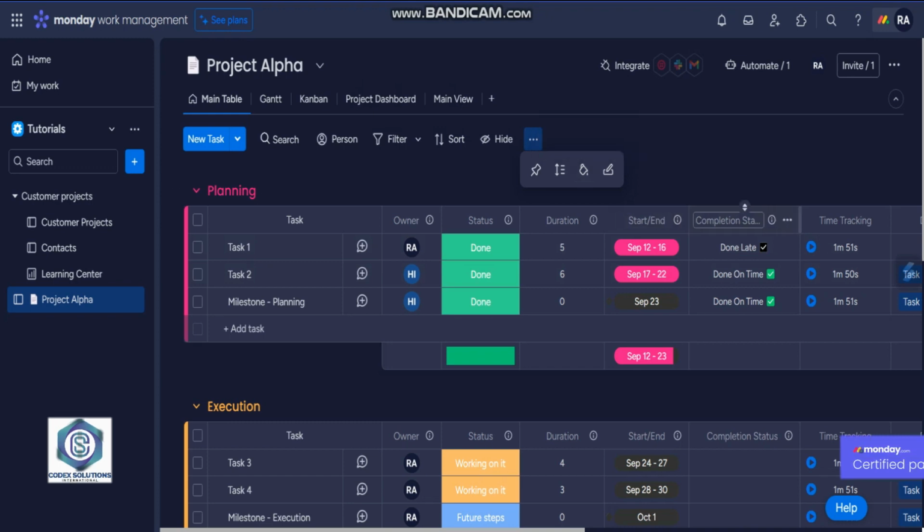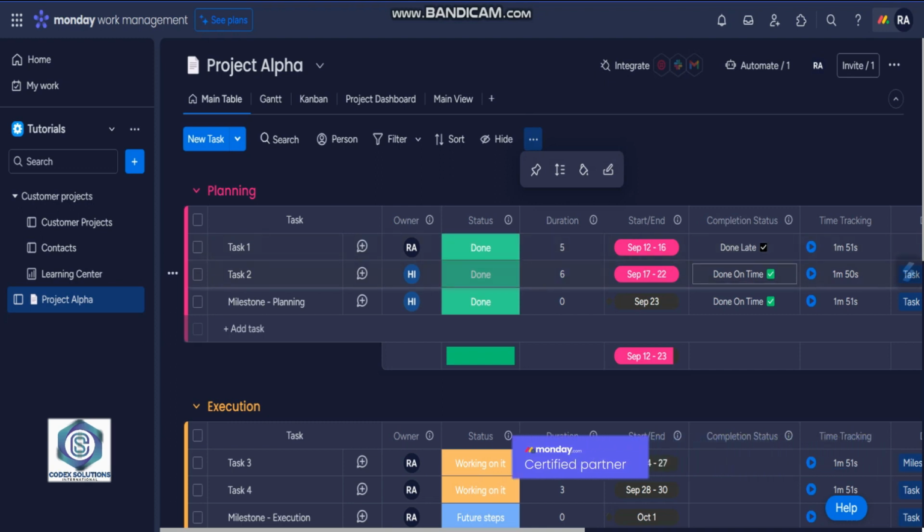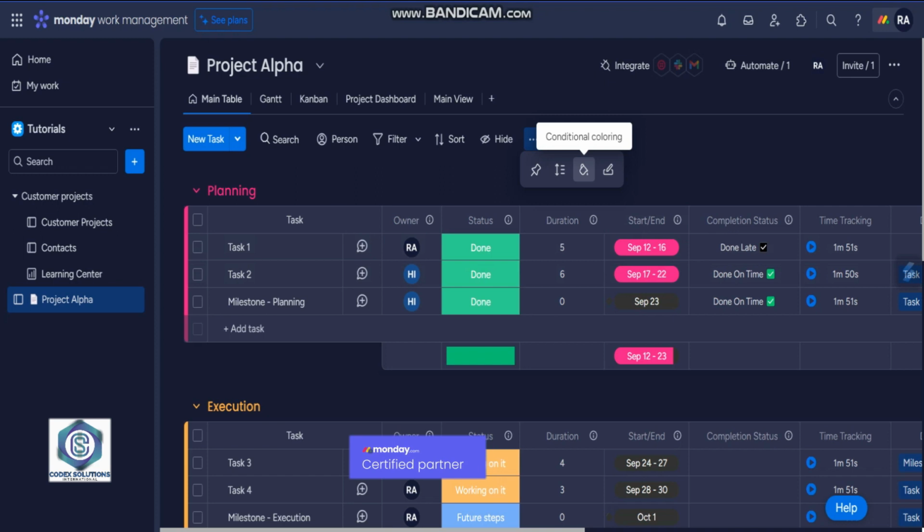We are going to give color to this column. If it is done late, it's red. If it is done on time, then it would be green. If you click on that,